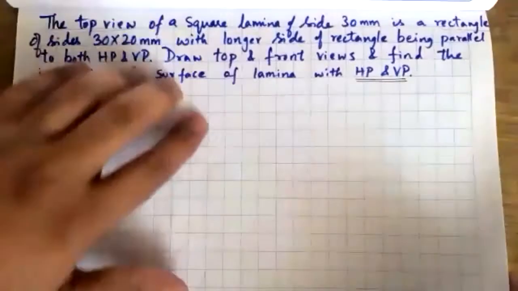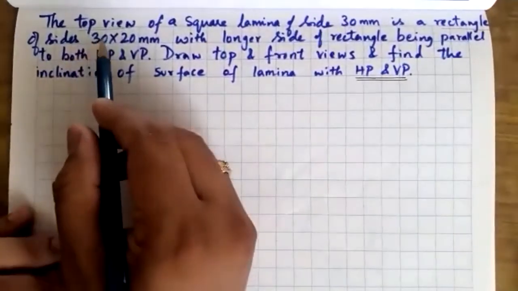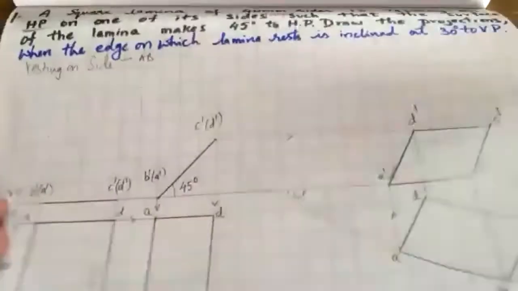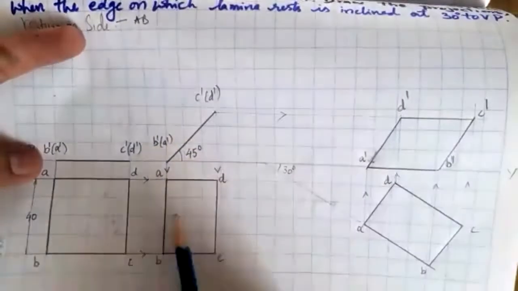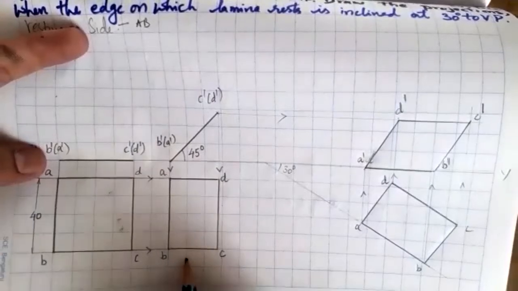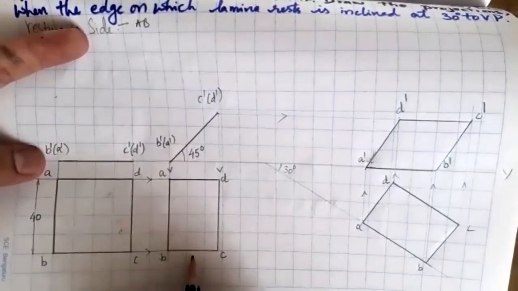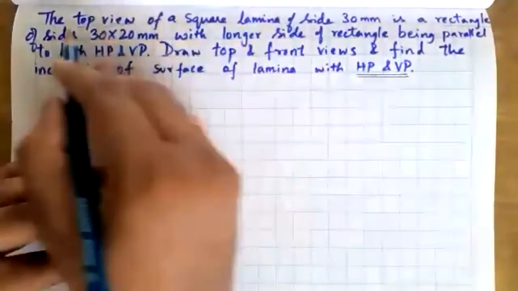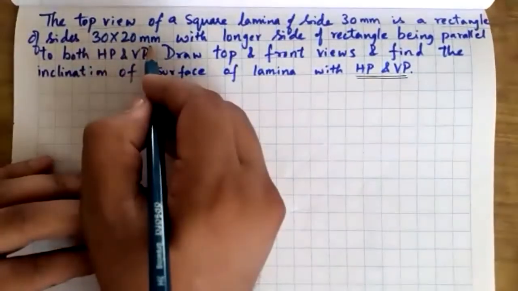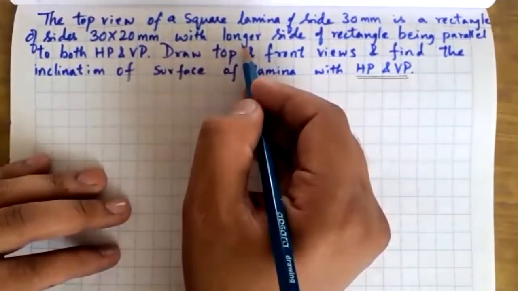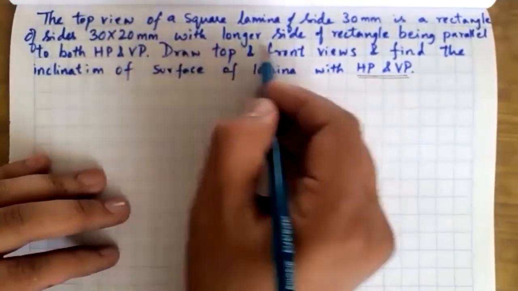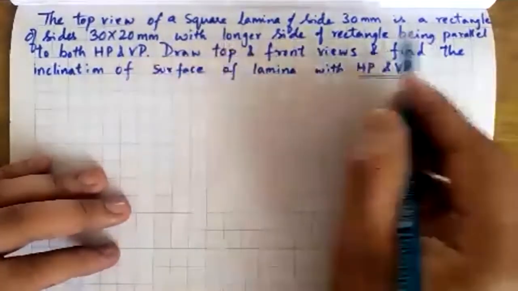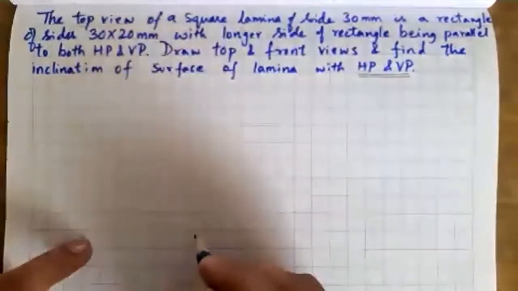Is it clear? The top view of a square lamina is seen as a rectangle of sides 30 by 20 mm. The first problem in planes we solved is a lamina problem. Here the second view condition is given directly. This top view, which is seen as a rectangle for the square lamina, is given in this condition. The top view is seen as a rectangle of sides 30 by 20. The width is given, and then the third condition comes into existence. That is the third position. Till here two conditions are over: initial position and second position.